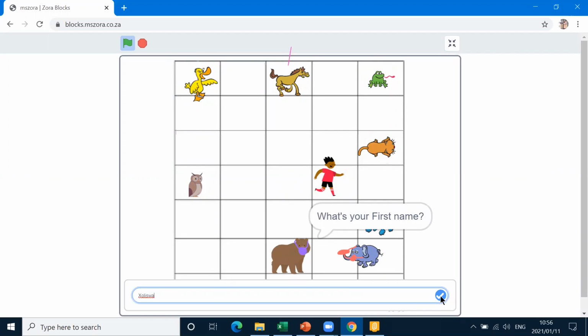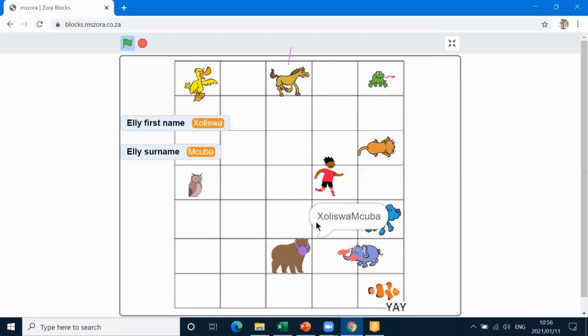Okay. And then he's going to type the name. Okay. And then you can see Bear saying the name. Do we want Bear to say that? We want Bear to say the name. He said the surname, the first name and the surname of the,